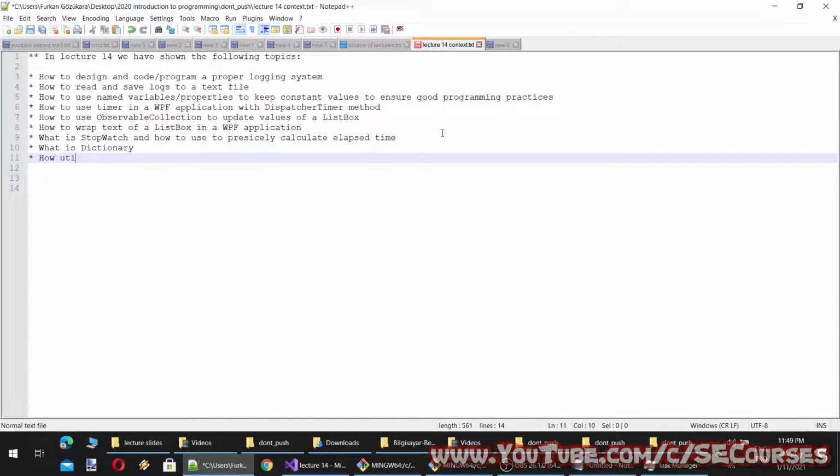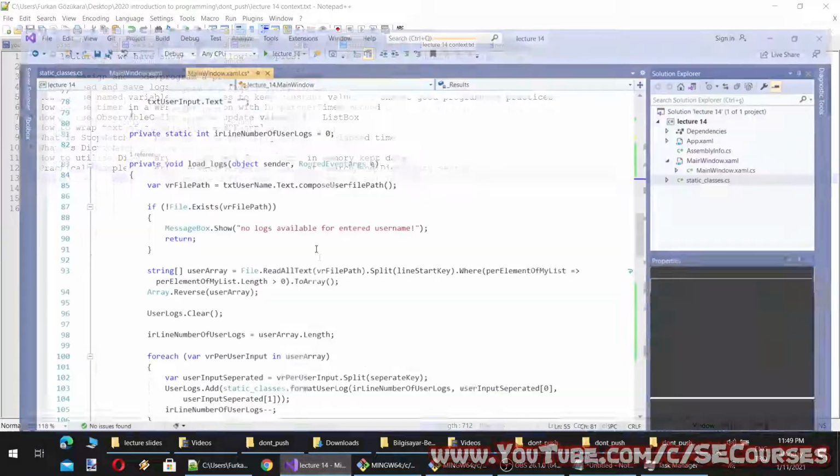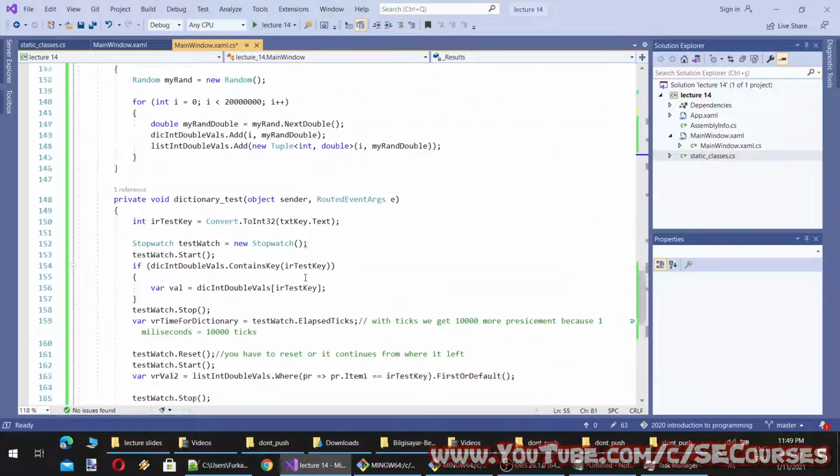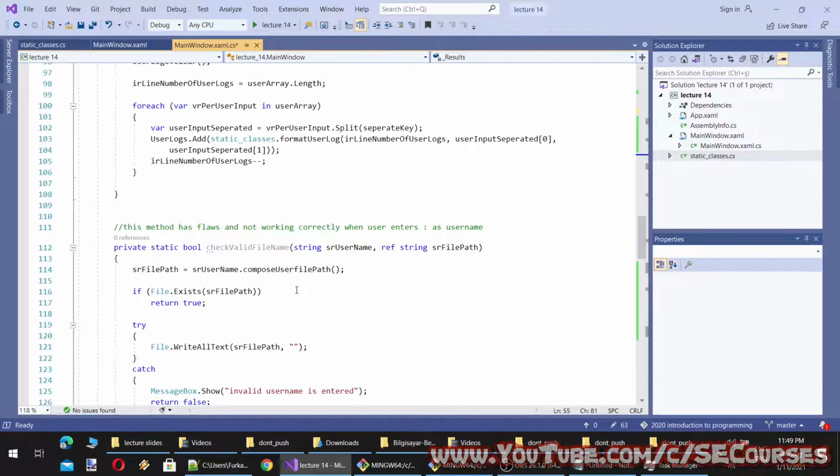How to utilize dictionary to make very fast search in memory kept data. Performance, let's say, search. Okay, and what else do we need to write as a block?